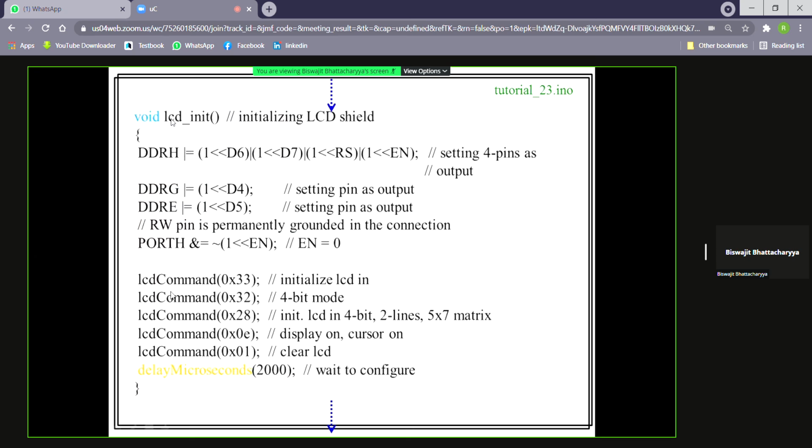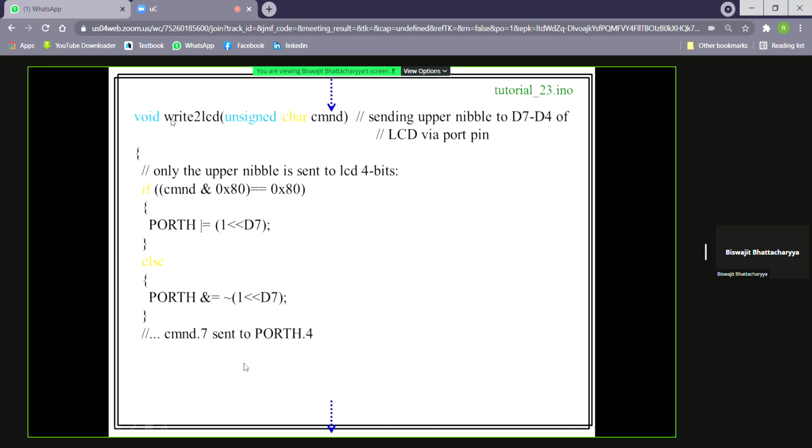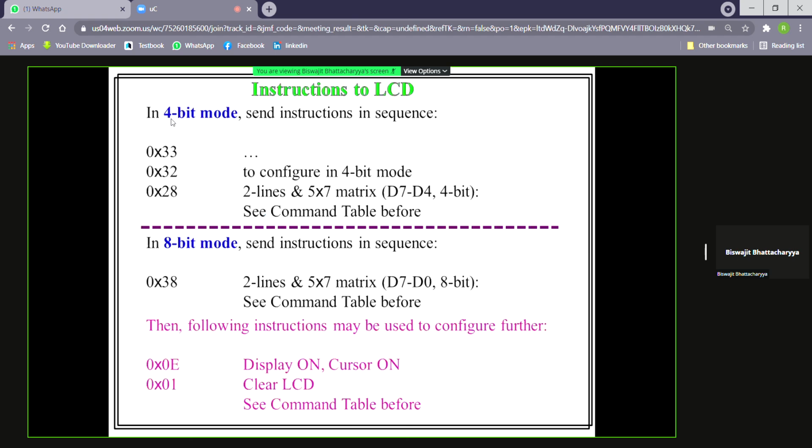Then we write LCD command. Which command? For 4-bit, our command will be 33, 32, 28, 0E, 01. So what are these things? I want to show you these. So in 4-bit mode, 33, 32, 28, 0E, 01.